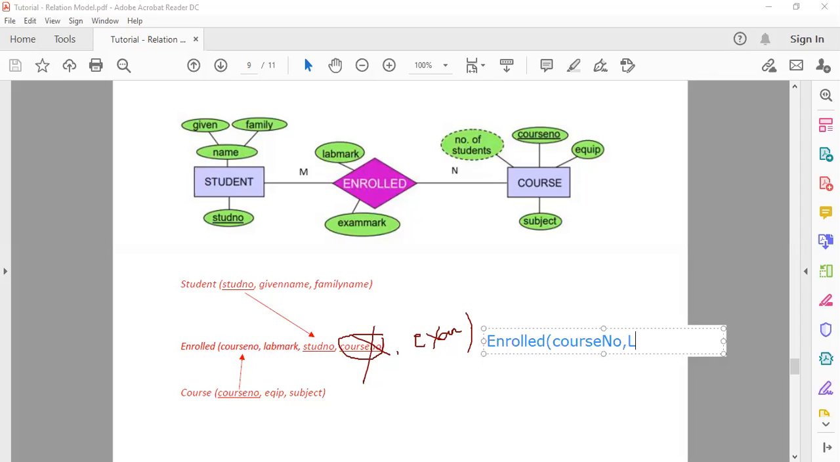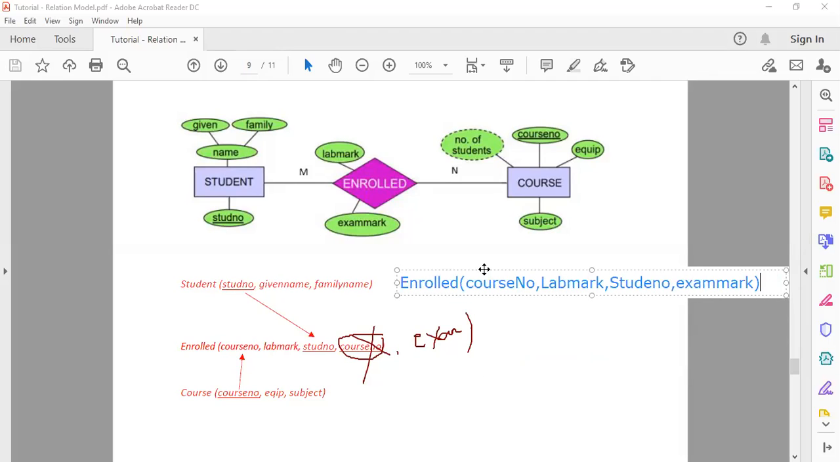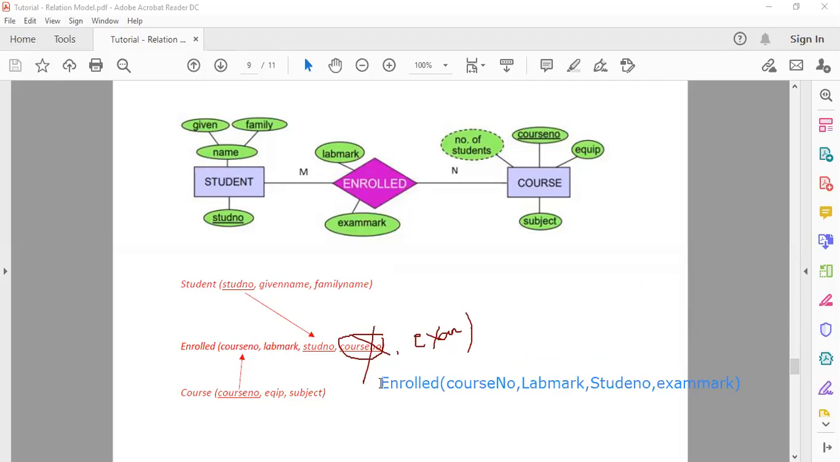Course number, lab mark, student number, then exam mark. Actually, thank you for letting me know. I did not notice that mistake. Okay, so this will be the corrected